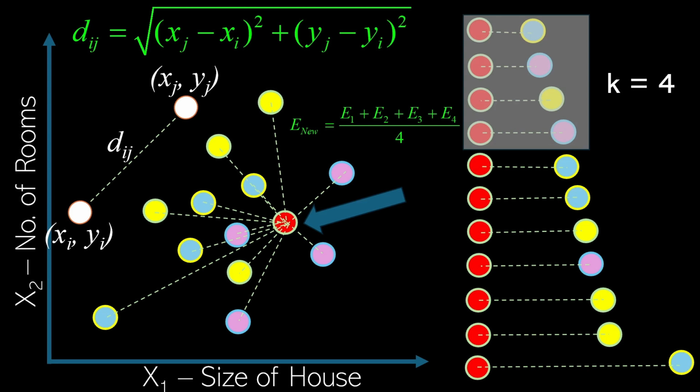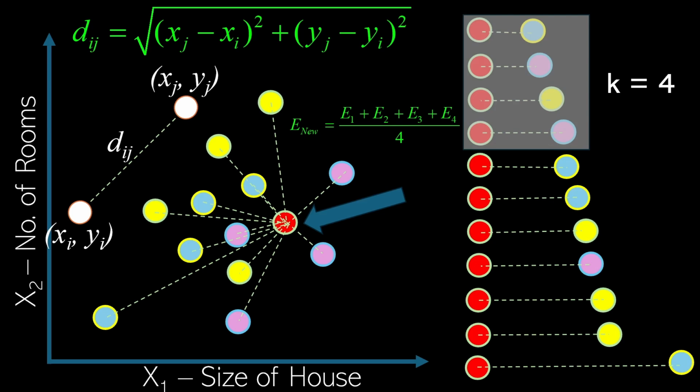We would then choose a value of K, and then to find something that we are predicting, in this case, the energy consumption, what we'll do is take the average of that value for those nearest neighbors, the K nearest neighbors, and we would get that predicted value. So what's coming up next is we're going to implement this method in Microsoft Excel. Now that we understand how k-nearest neighbors works, let's see how we can actually implement it in Excel